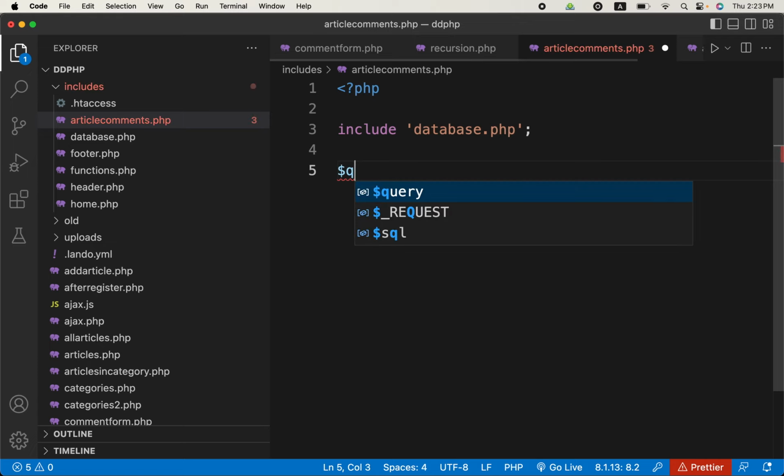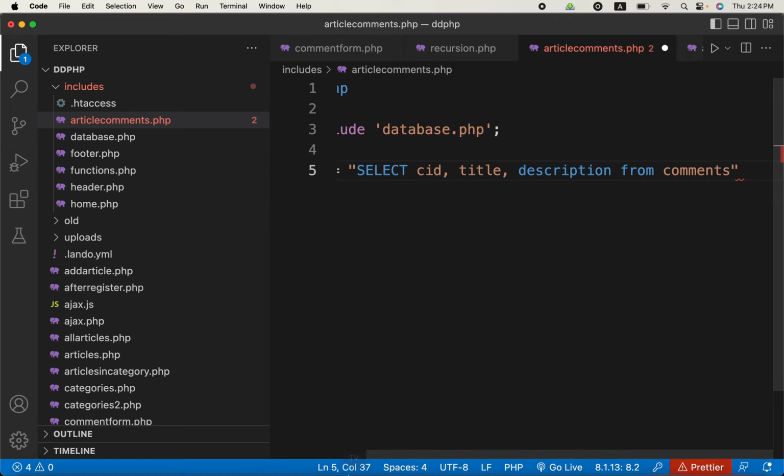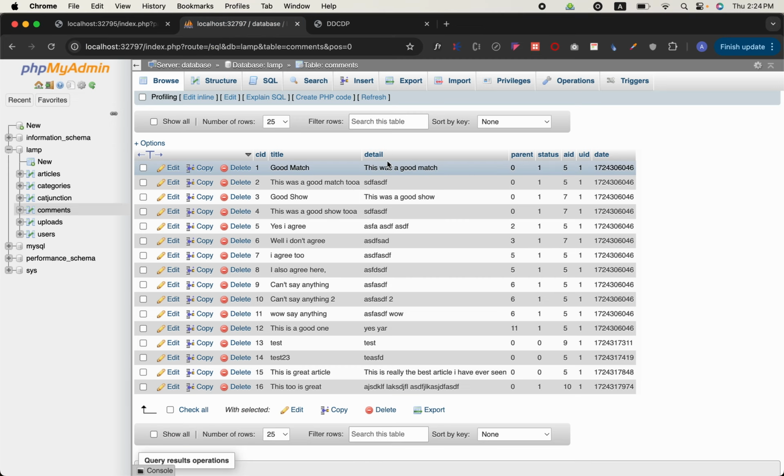Let us define a query variable, select the comment ID, title, and description. The three things we know we need are CID, title and detail, and the parent